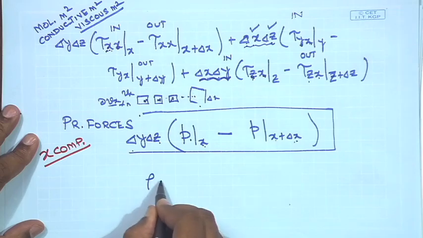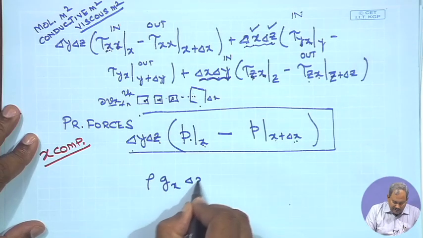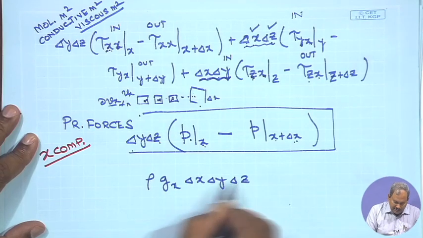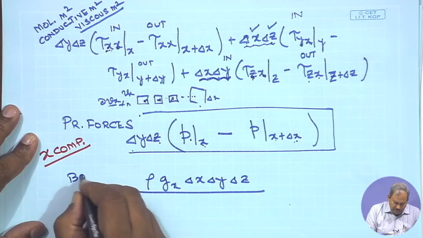It would simply be equal to del x, del y, del z, that is the volume, multiplied by rho, which makes it kg, multiplied by g, which is gx, where gx is the x component of the body force. So, the body force term can simply be expressed as del x del y del z times rho gx. So, the body force here is simply going to be rho gx del x del y del z. This would be the body force term,